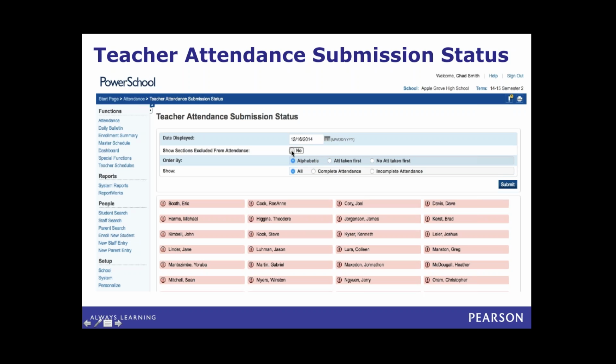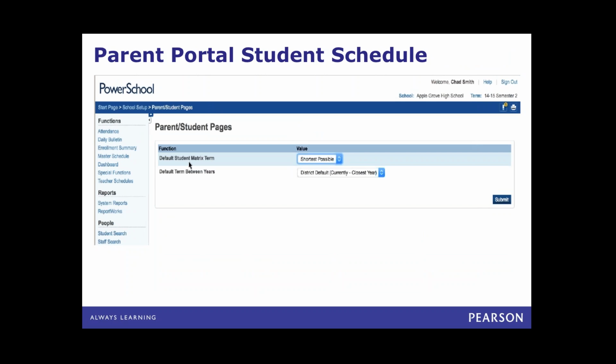So now you can go up here and say show sections excluded from attendance, and if you say no, then it won't reveal those, and it'll only show status for those classes where the attendance is being taken. And so that makes it much easier for the